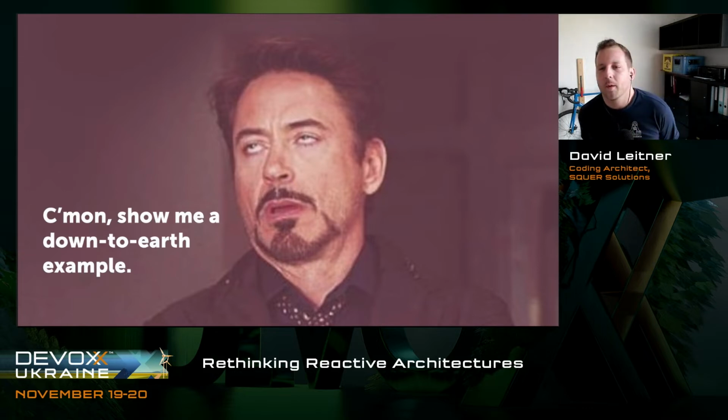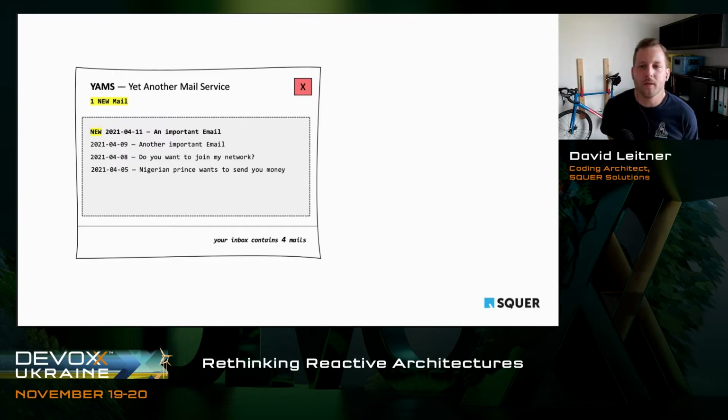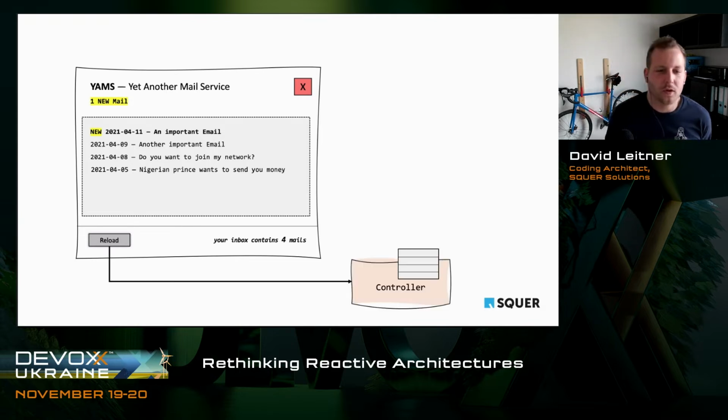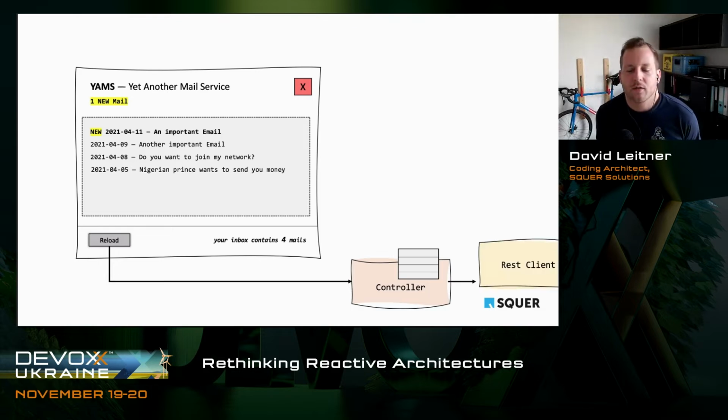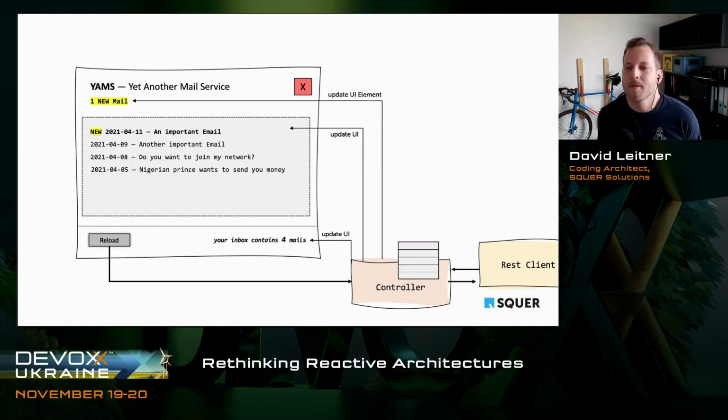In a real world example, well, let's think of a super simple example where we have yet another mail service, right? And here we get a new email, right? And in this example, we could, of course, implement this very simply, right? We could say, when you want to reload your emails, you click a reload button. This reload button goes to a controller. This controller has a kind of data set of current emails. Then it goes to kind of a REST client, and this REST client then returns. If there's a new email, we update our data set, and then we update our elements, right? That's how it's usually done, how it was very often done, right?